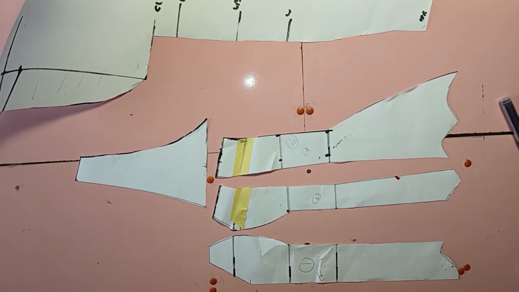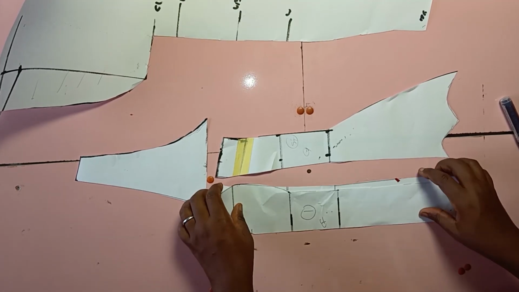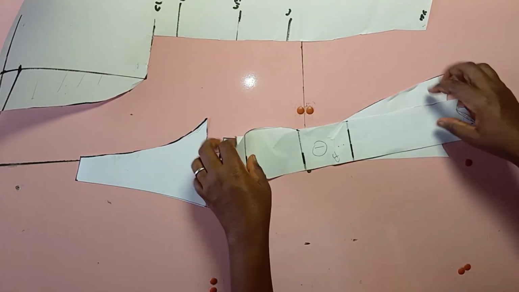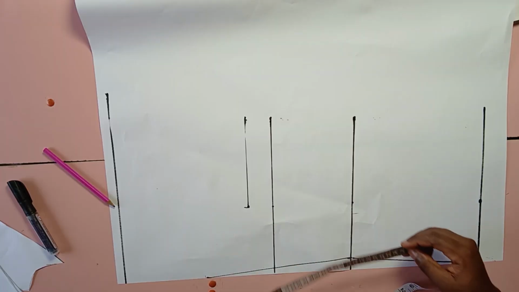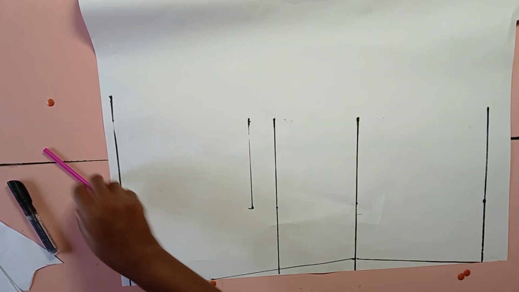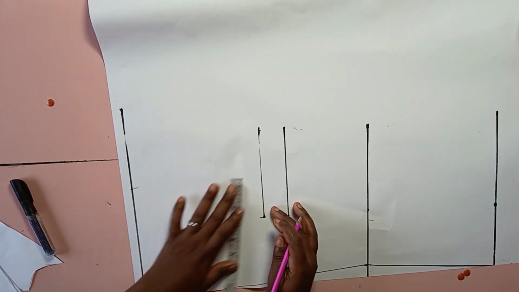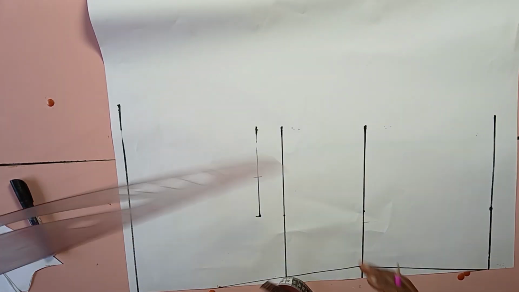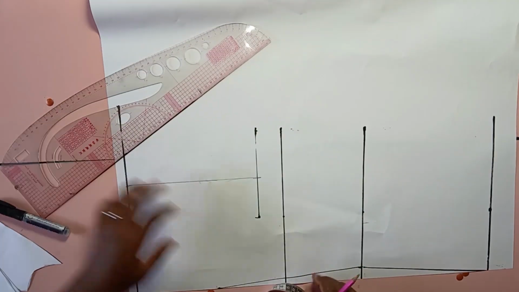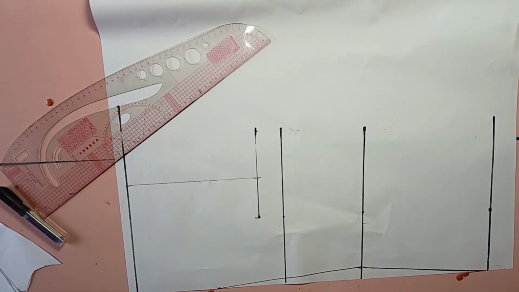Now that we are done with the front, we put it aside and go ahead to draft the back bodice. For the back also, I've drawn out the outline. Then we just start and input our measurement. Back divided by 2. So our bust measurement,